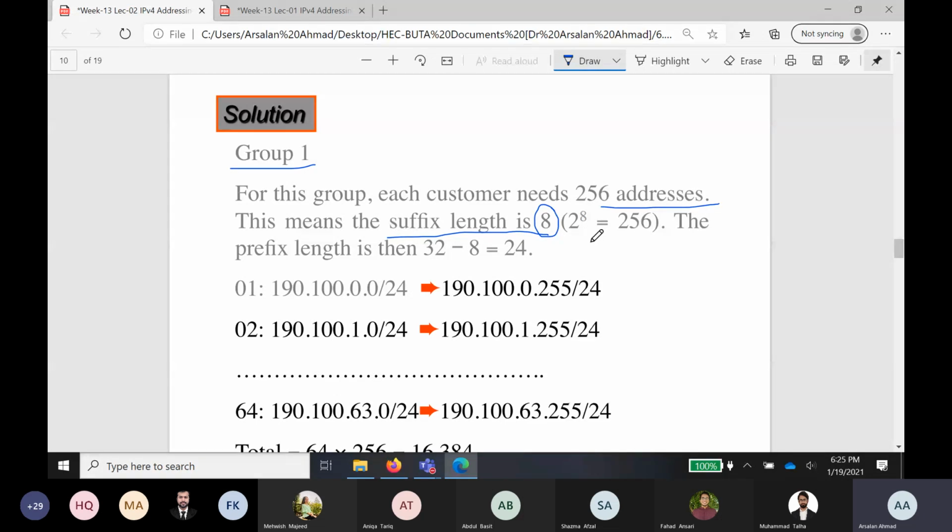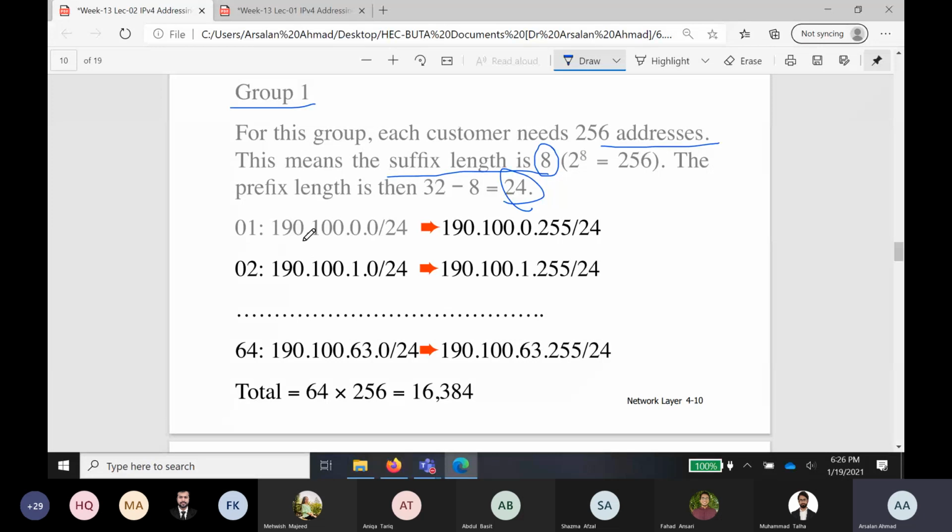Then my prefix will obviously be 32 minus suffix, so 32 minus 8 is 24. This is your prefix, and this means that when you design the sub blocks, the subnets, it will be something like that. Your first customer in group 1 will be from .0.0 up until .0.255. Obviously /24 is here because that's the prefix. And then you have